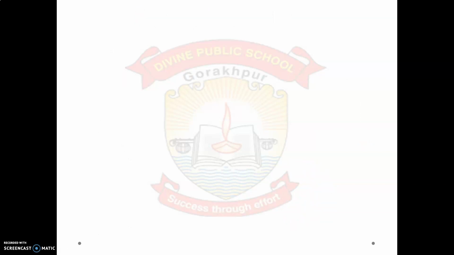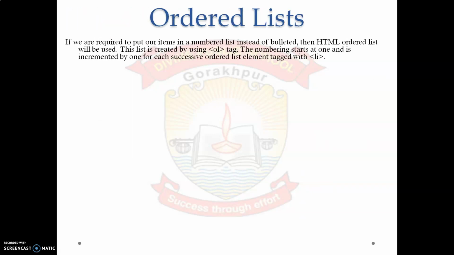Okay, after this we have ordered list. If we require to put our items in a numbered list instead of bulleted, then the HTML ordered list will be used. This list is created by the OL tag. The numbering starts at 1 and is incremented by 1 for each successive ordered list element tagged with li.